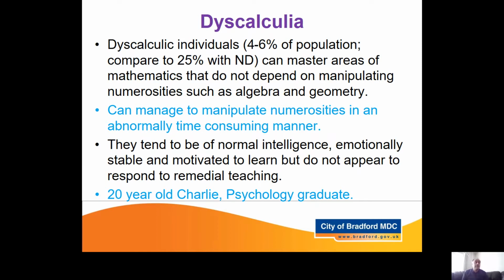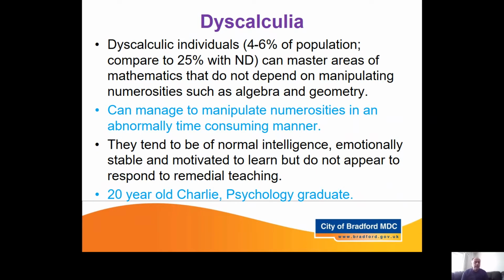Now, dyscalculics can master areas of mathematics that don't depend on manipulating numerosities, such as algebra and geometry. So it's not as if all mathematics is lost to them. They can do things that don't involve numerosity quite well, and algebra and geometry are quite complex areas of mathematics as well. They tend to take an abnormally time-consuming manner to deal with numerosities when they do, and they tend to be of normal intelligence, emotionally stable and motivated to learn, but they don't appear to be responding to remedial